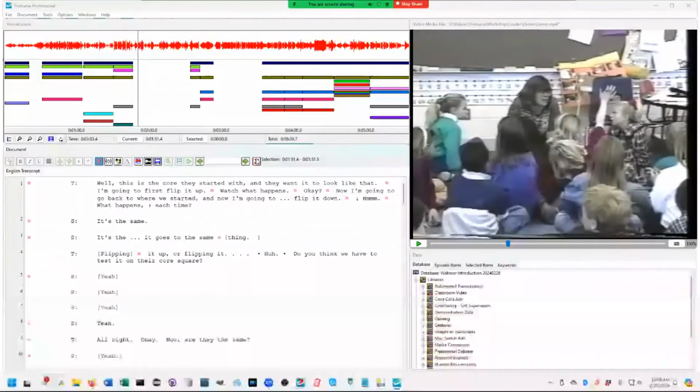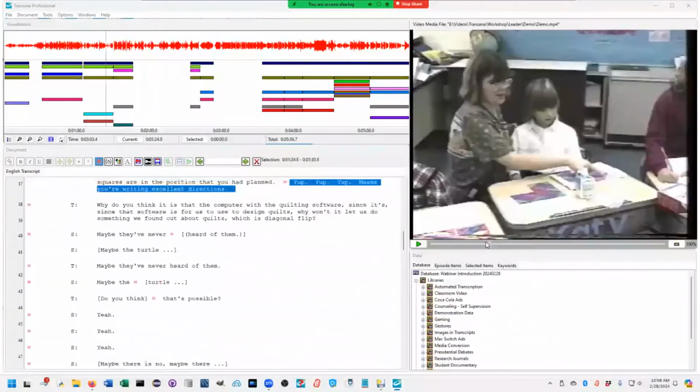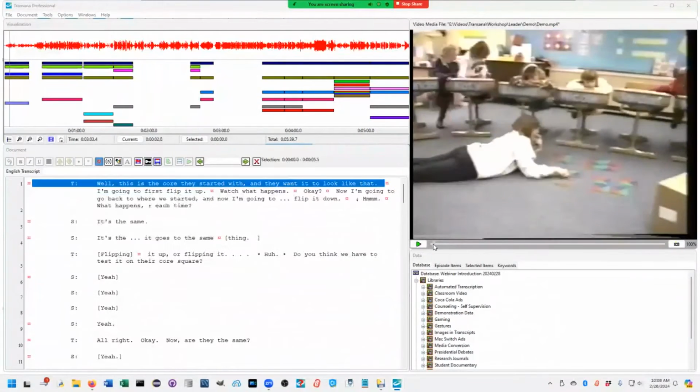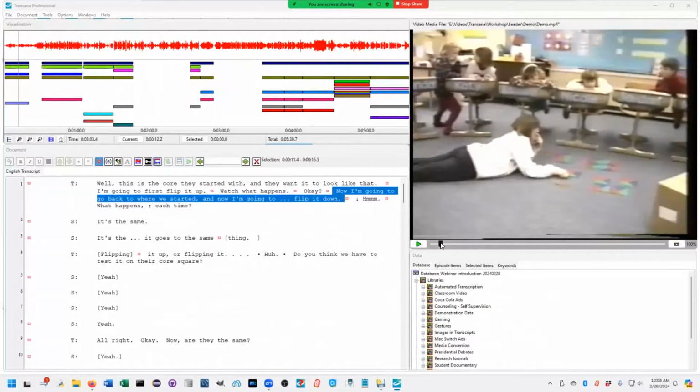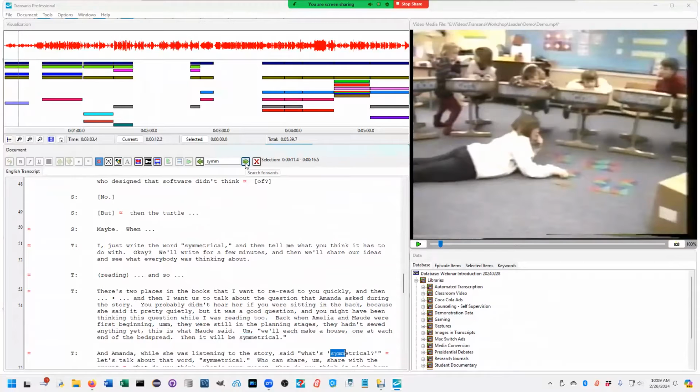One of the ways that a transcript is really helpful is it helps you find what you're looking for. As you scroll back and forth in a file, the images change, but you really can't find the bit that you're looking for very, very well based on the visual of the media file. So I know, for example, that they talk about the word symmetry in this lesson. And if that's what I want to focus on for my analysis, I can find that really easily by typing in part of the word and doing a search on my transcript so that I get to the spot that